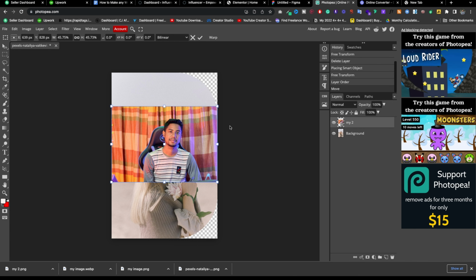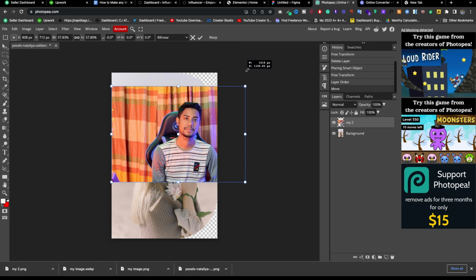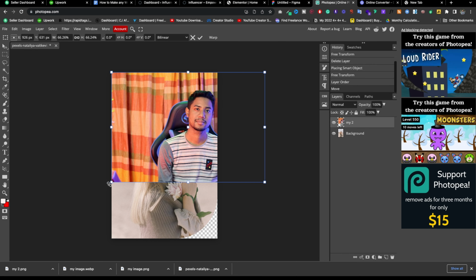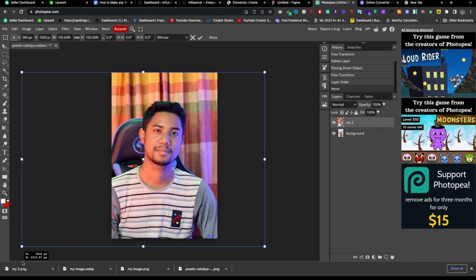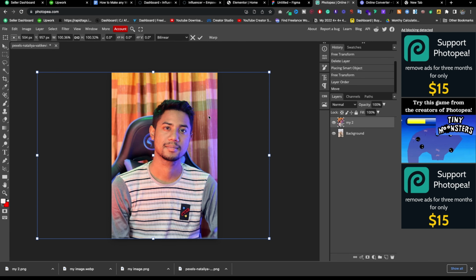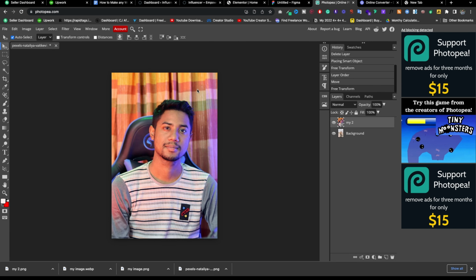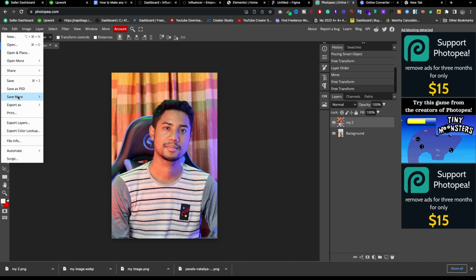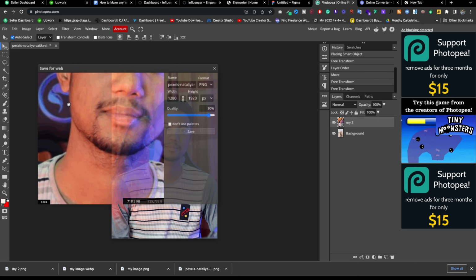Okay, it's Control T, still Control T on Mac. If you press Control and T, then you will see the option that we can resize it like this. Just resize it a little bit, how much you want. Tick mark it, okay. And again, I'm pressing Control T, and now I'm going to save the image as PNG,